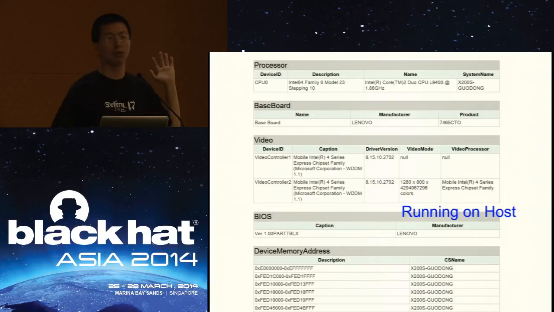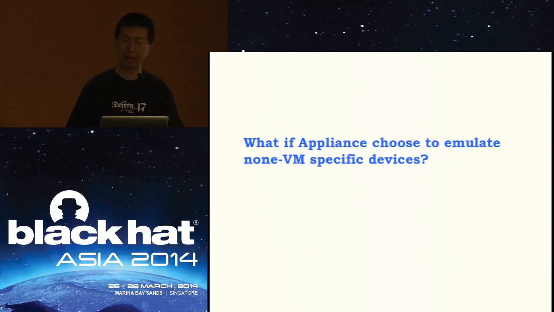It's really a much longer list, a much richer set of devices, and it will take a lot of effort for the virtual appliance or virtual machine vendor to really mimic this as a real device. Now, as I mentioned earlier, what if on the virtual machine or virtual appliance side, they try to hide all this information? They can choose to say,